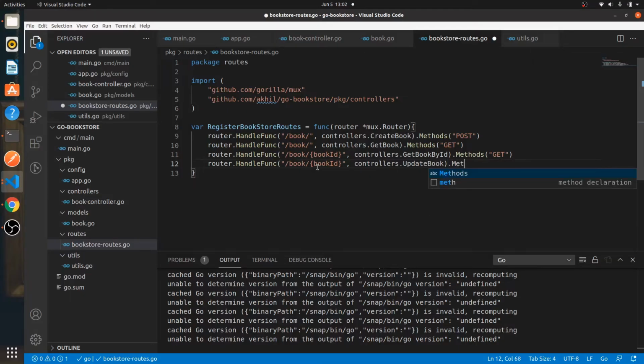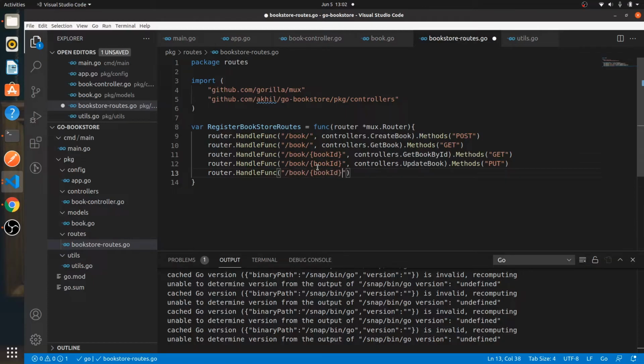Okay, and then the method for this will be PUT, and similarly for our delete route as well,